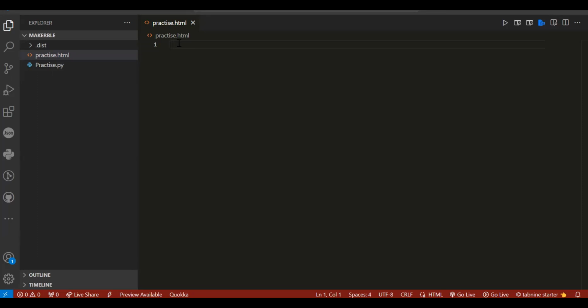Next, we discussed the BR tag. What is the actual function of the BR tag? It prints text into a new line. Second thing,